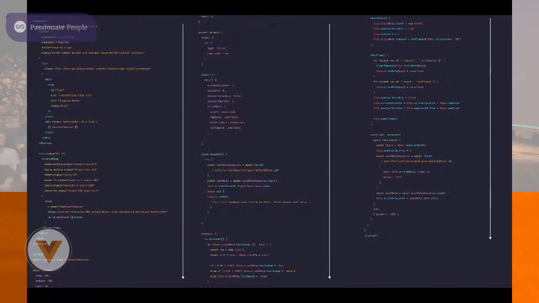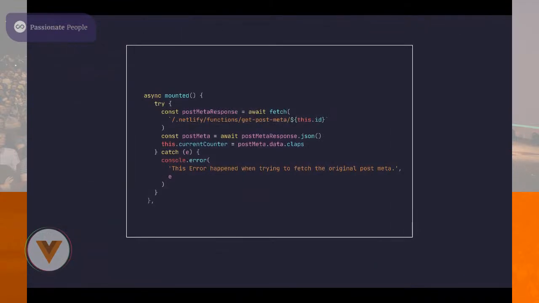And as we say, first we need to retrieve data. So this is what I try to do in this mounted section. We say, okay, you're mounted, get me the actual latest instance of data and whatever's there. And the way to call these Lambda functions is we can just fetch, and then we run exactly this function, which runs whatever process we pass in.